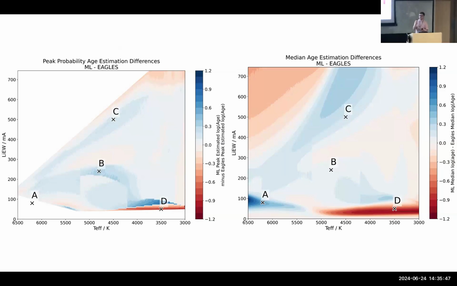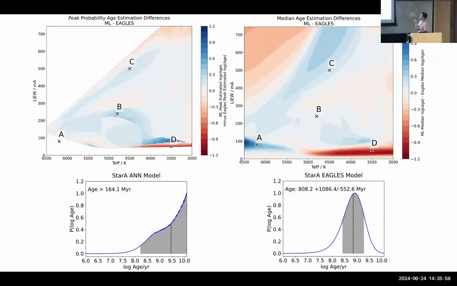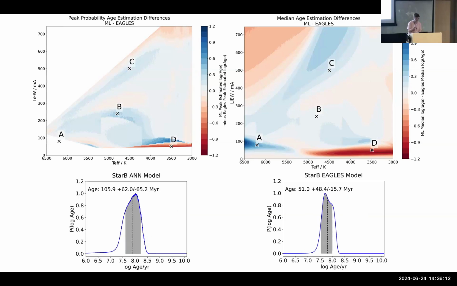You can see there are areas where we don't get a prediction at all. What we'll get in those white areas is a limit from both models. But you can see where our additional dispersion comes in. I'll just show this one star, star A at the bottom left. In the artificial neural network, our additional dispersion here means that the flat prior in age for a single star is taken over, and we're getting just a limit for that star's age.